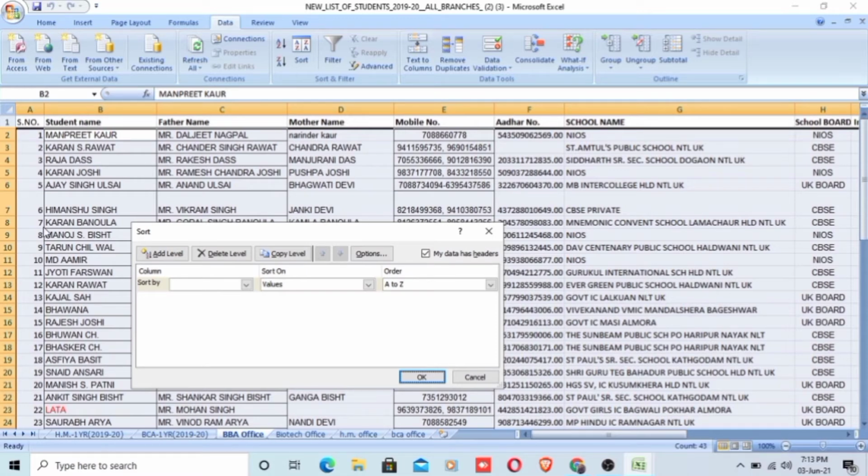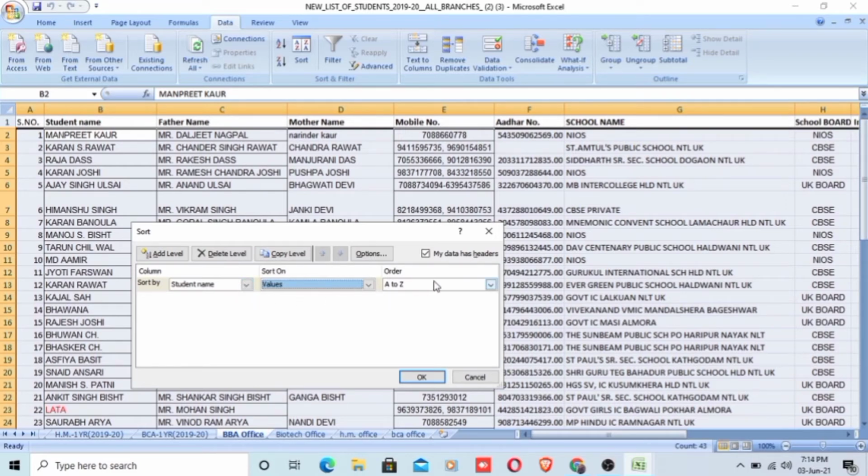Now I have to click on the Sort by drop-down list here. After that I have to select the field name on which the records are to be sorted. So suppose I want to select the field name like student name on which I have to sort the records. From the Sort On drop-down list, this is your Sort On drop-down list, you can choose the value. It totally depends upon you. If you want to perform more than one sorting operation based on the cell color, font color or cell icon, from here you can select, but right now I'm not selecting this because I want only to sort the data on the basis of the student name.